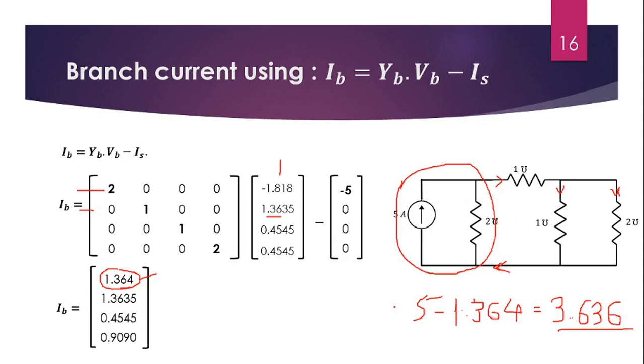So in this way we achieve branch current and branch voltage using this node basis analysis, or node analysis using graph theory. Graph theory we can say is the application to find the currents or voltages, or in another way the analysis of a network can also be done by graph theory, where we use the cut set as well as the tie set matrix for KCL and KVL respectively.